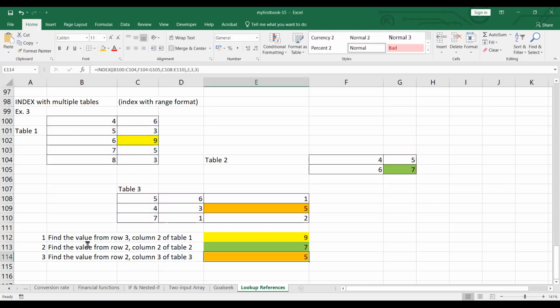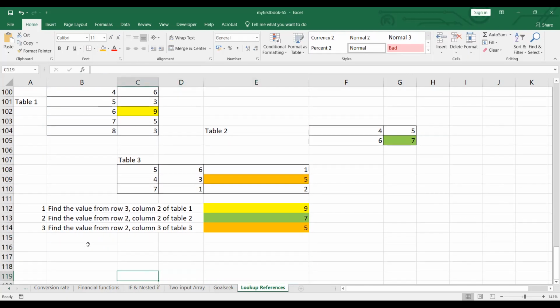So up to this point, do you have any questions for the INDEX function? Anyone? If you don't have any questions,